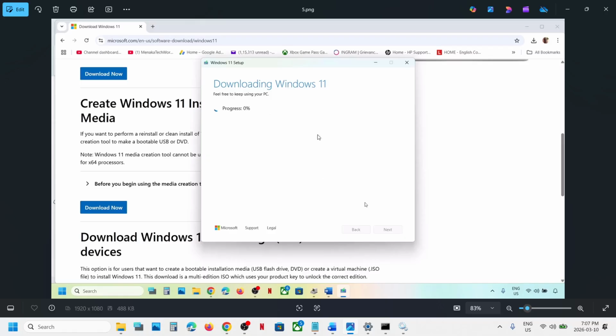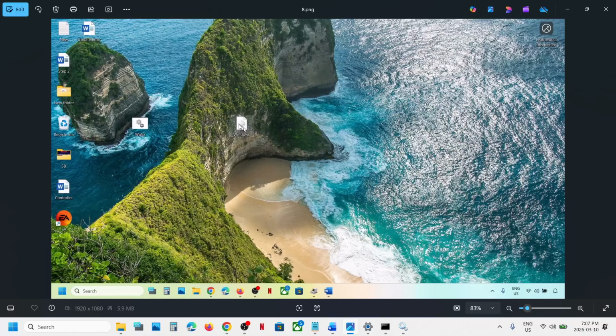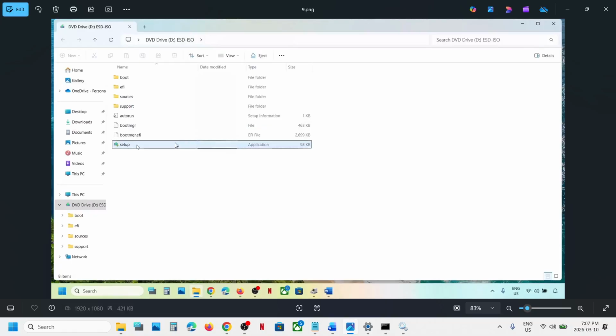and then let the download complete. This will take some time. Once this is done, click on finish option over here and let this close automatically. It will take a couple of seconds or maybe a minute to close. Once closed, go to desktop, make a double click on Windows ISO file, make a double click on setup file,